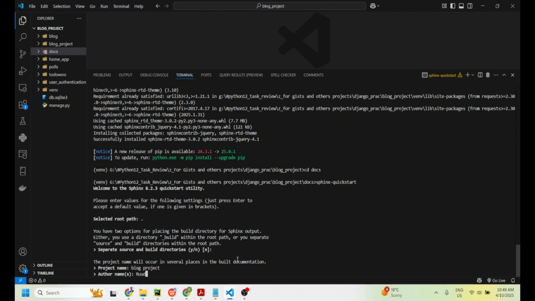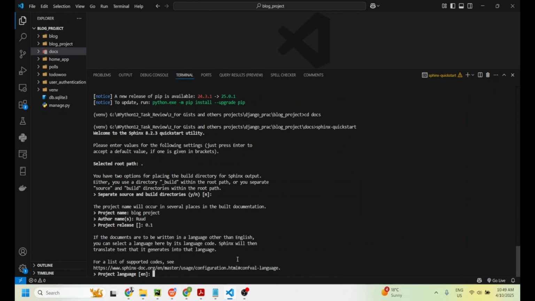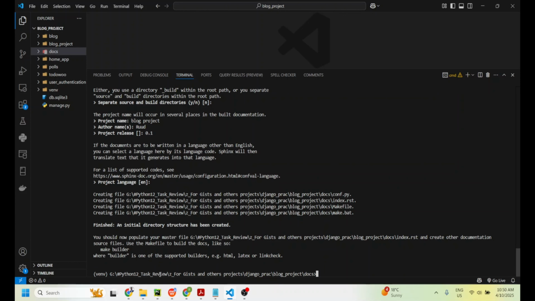So author names, that's me. I'm just going to put my name there. Project release, I'm just going to do 0.1. I think you can put anything here as well. It doesn't have to be 0.1. And then for the project language, we'll go with English, the default. So I'll just hit enter. Okay, perfect. Let's see what has been created by Sphinx for us. Okay, there we go. So we got some files and some folders that have been created